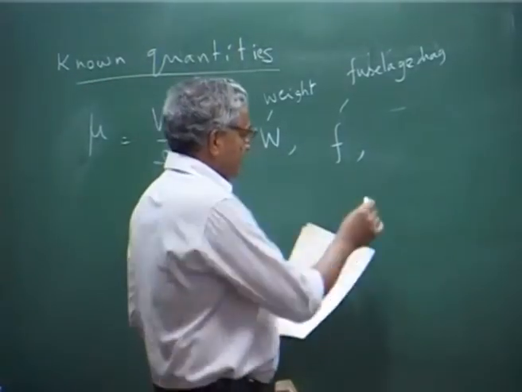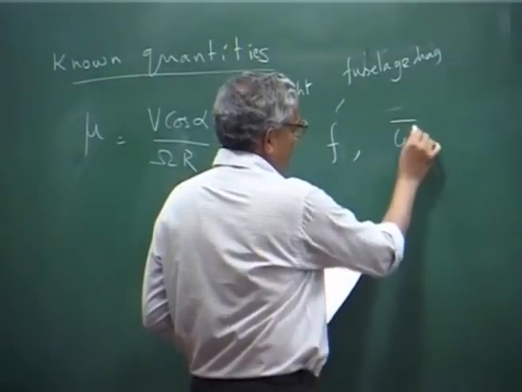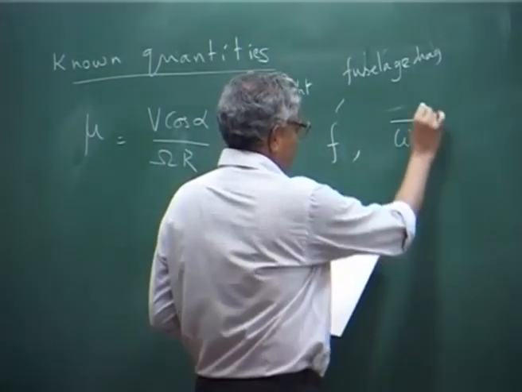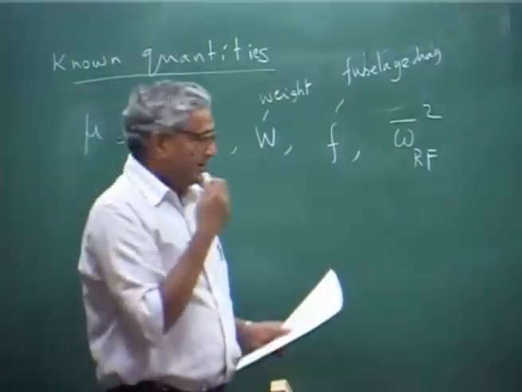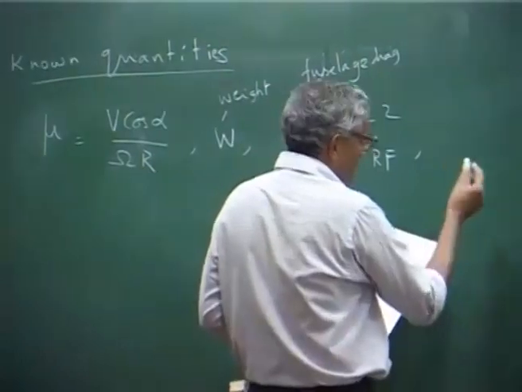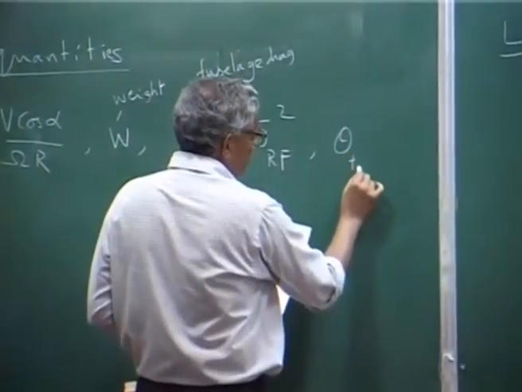Then of course, the rotation, then you need to know omega bar RF square, flap frequency. Then if you have the blade with a twist, you must know theta twist